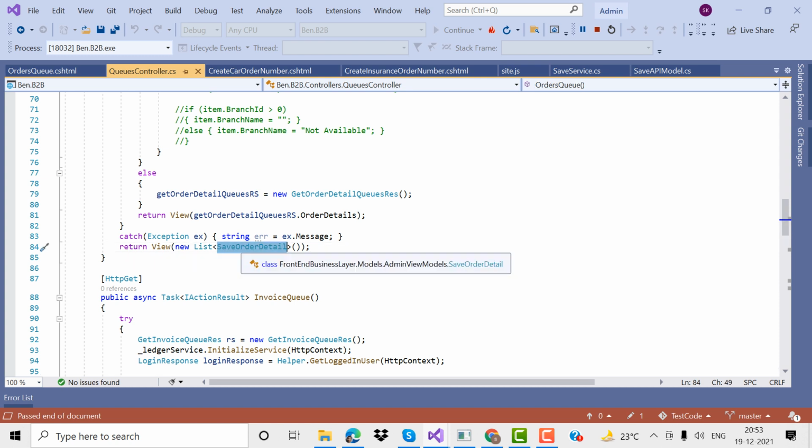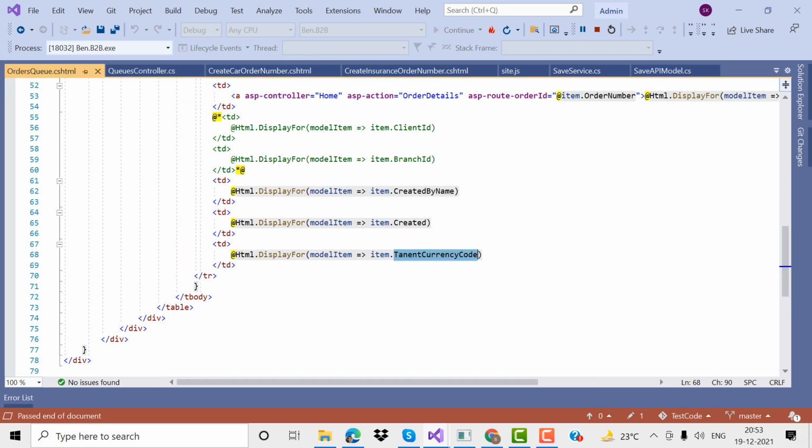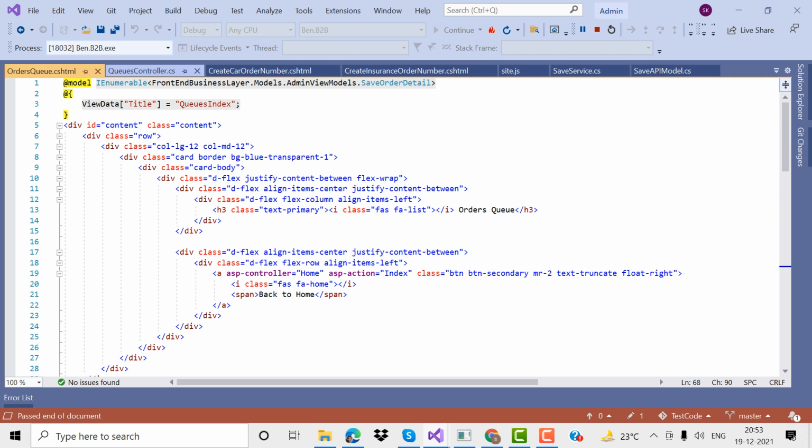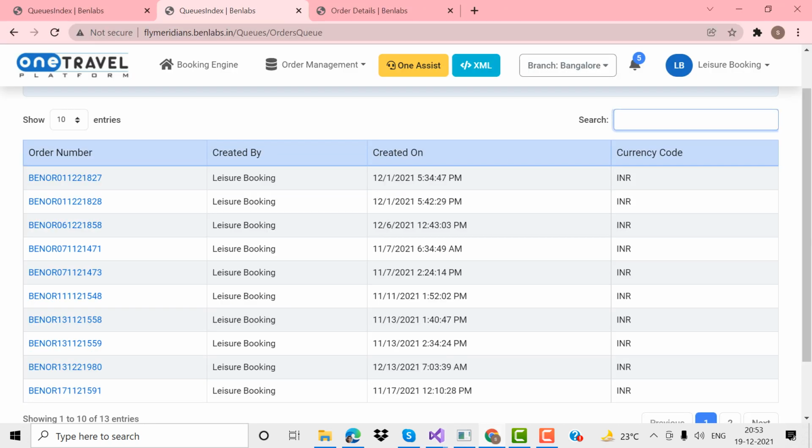The save order details model will display the list of objects, and we are using the list of objects. We can use IEnumerable for the model process. We can fetch it accordingly. Like this, the order details grid view records will be displayed here. After that, we are also giving some pagination here. How to configure the pagination, all these things,